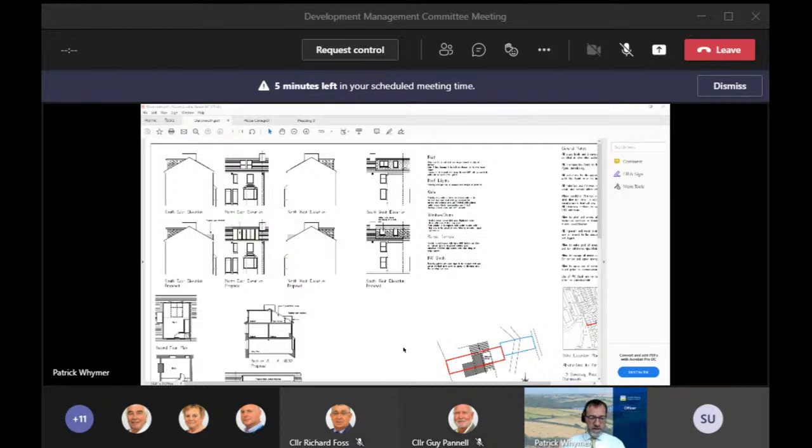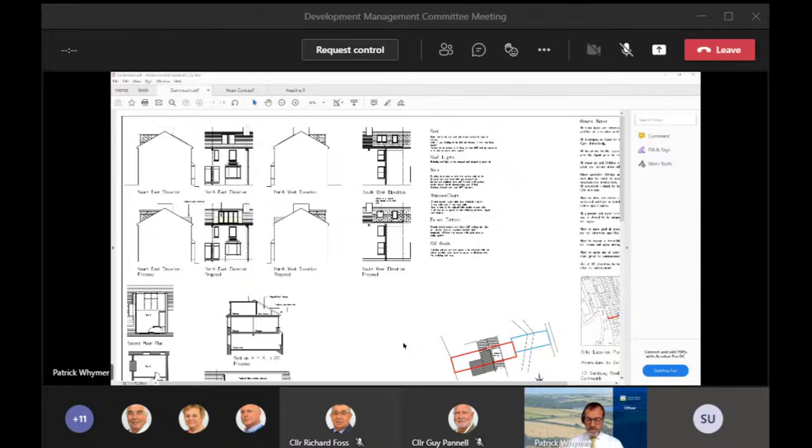Pillory Hill. This is one where we have had costs awarded against us, and again, when that comes through, I'll report the level of the costs to you. The inspector gave significant weight to the fallback of a 2018 planning permission,